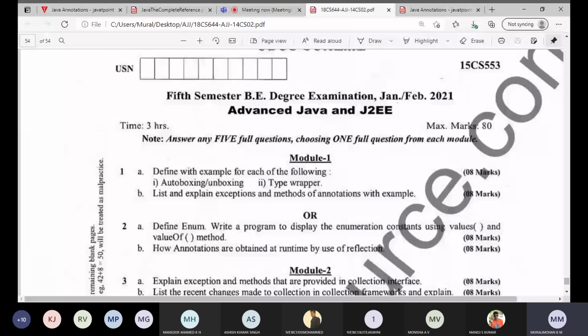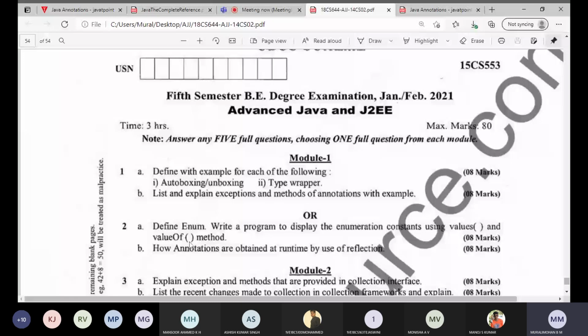Values will return an array of all the enumeration constants. ValueOf will return the specific enumeration value which is passed as argument. Ordinal will return the index values of all the enumeration constants.